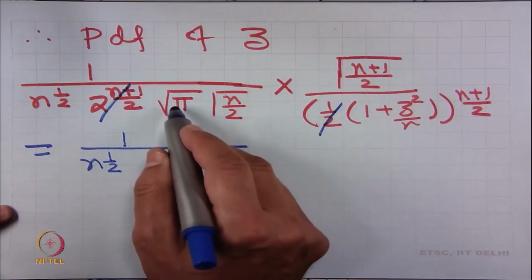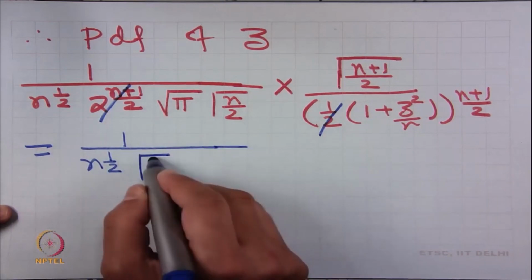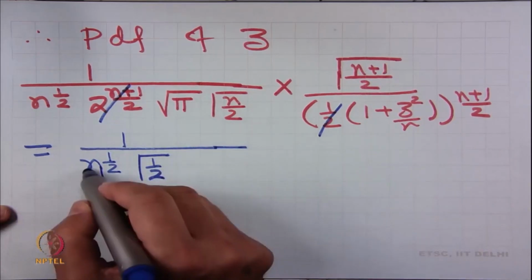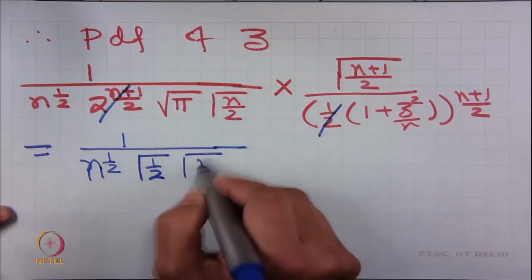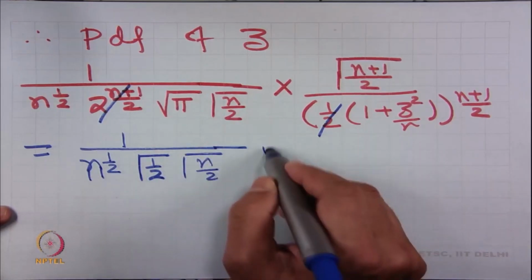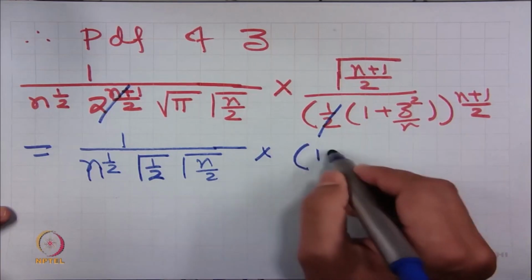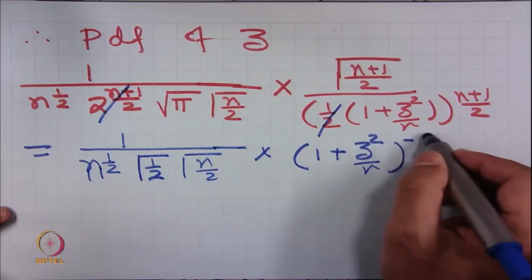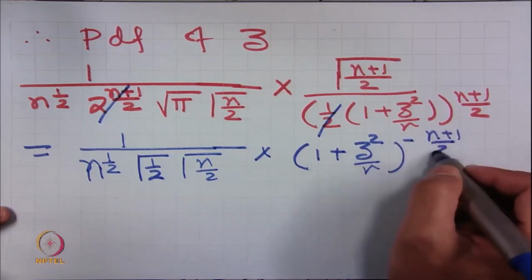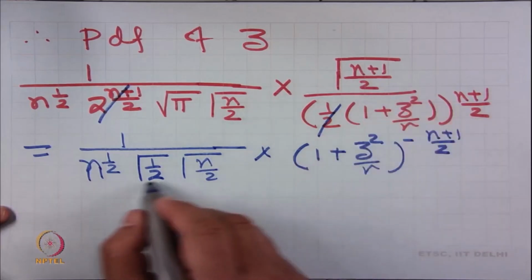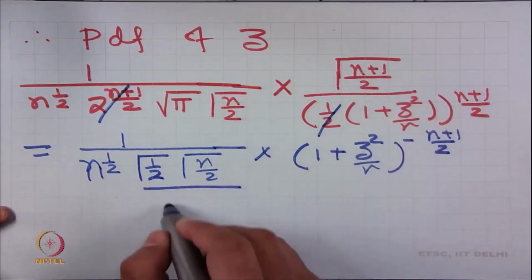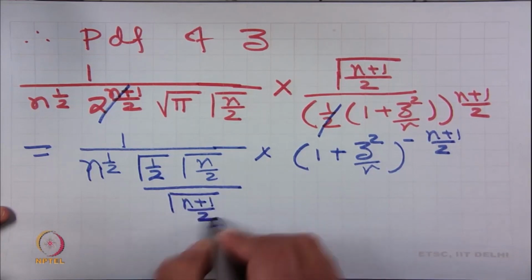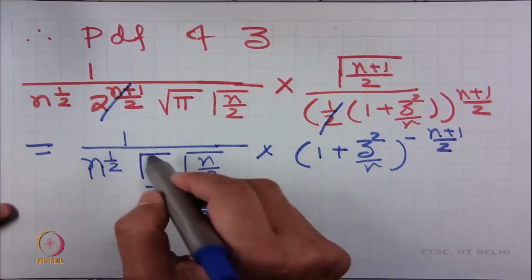Root pi we know is gamma half, gamma n by 2 into (1 plus z square by n) whole to the power minus (n plus 1) by 2, this divided by gamma (n plus 1) by 2. This whole thing